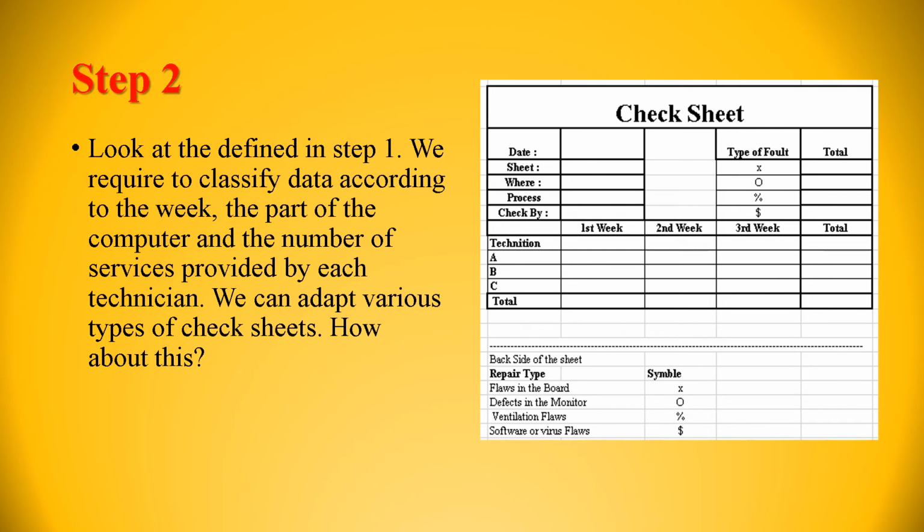Third, W is when. Here you can see it has been properly developed for 3 weeks. That is the expected time period. Fourth, W is where. Where is the place they are going to collect the information? Here they have clearly mentioned the repair shop. Next is who. Who is going to collect the data? Here they have mentioned the product engineer is the person who is going to collect that information.